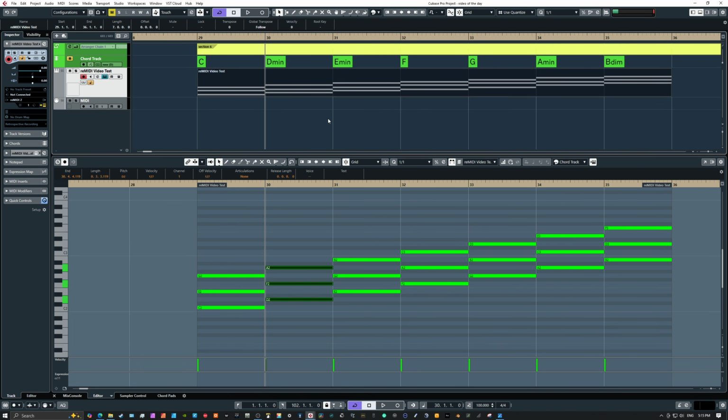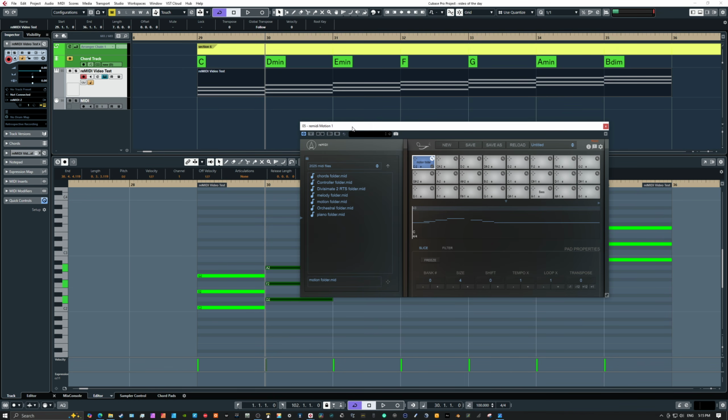All right, so what we're going to do next is simply explain that if we take all these chords that we've decided to use, we could instantly bring them into Remedy. But the way you need to do that is if you want a certain measure to be played on a certain note on your keyboard,